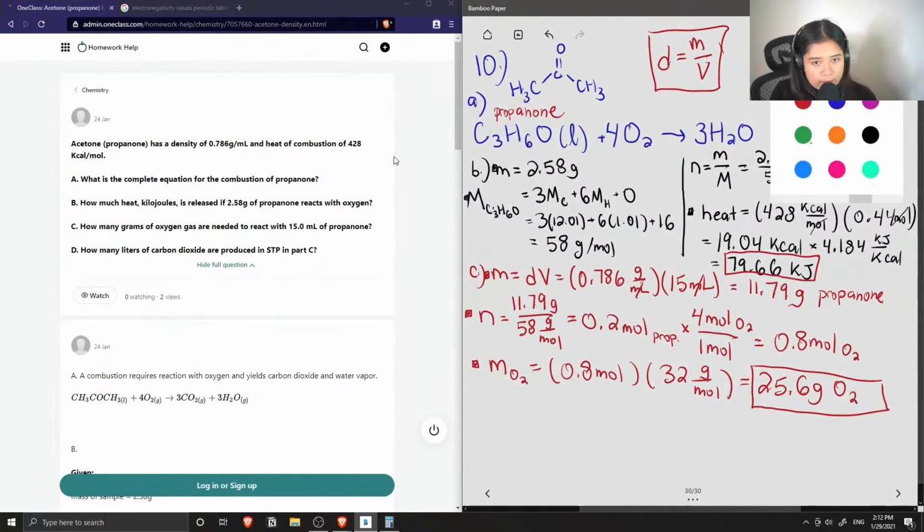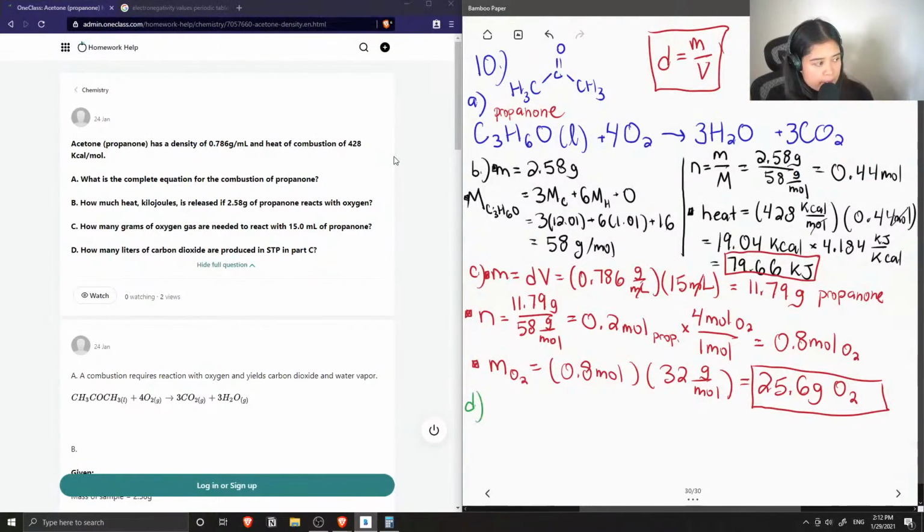And now we can answer part D, which is how many liters of carbon dioxide are produced at standard temperature and pressure in part C. So again, we know we have 0.2 moles of propanone, and we can multiply by the molar ratio of carbon dioxide and the propanone to get the number of moles of carbon dioxide. So 3 moles of CO2 reacts with 1 mole of propanone,